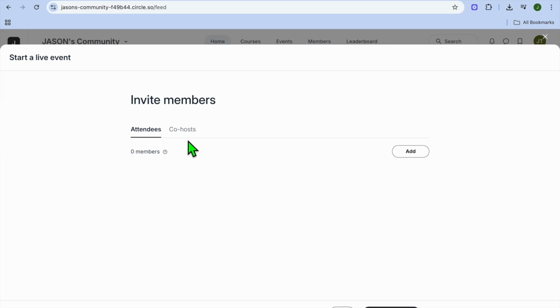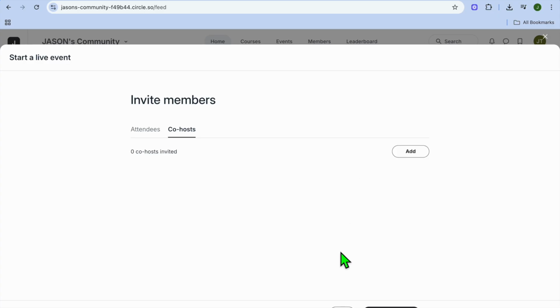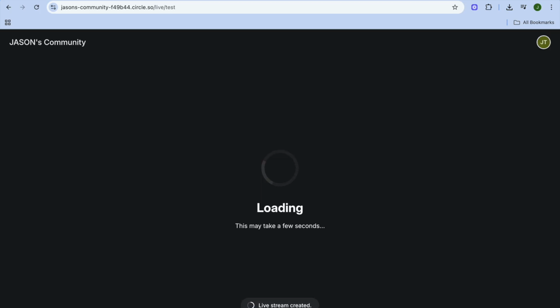Once you're finished, if you like to add any co-hosts or attendees, you can add them by tapping on add. You can add co-hosts by tapping on co-host, then you'll tap on add, and you can type out their name, then you'll tap on save to add co-host. Once you're finished, you'll tap on test your video,